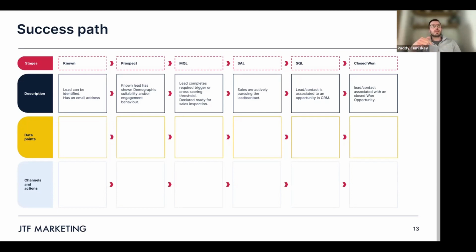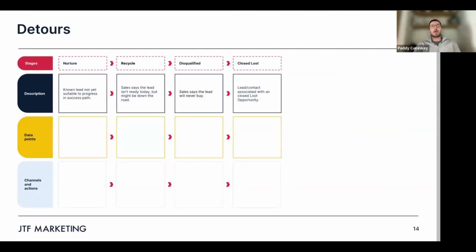So then if you just skip another slide, you'll see the detours. All I've done there is put the detours on a separate slide, but I would very much encourage you to capture all of those detours. And the slight nuance here is, within the channels and actions, make sure you capture the logic of how we're going to get them back on that success path. Don't get me wrong, there are some instances, like disqualified people, where they'll often never rejoin the success path. But there are a lot of instances where people will rejoin the